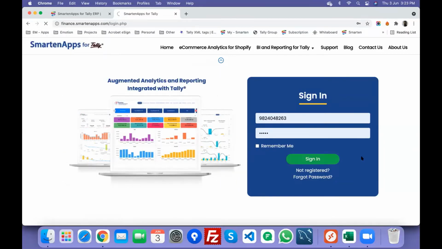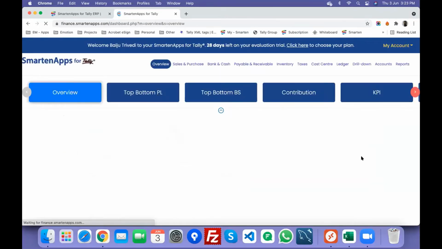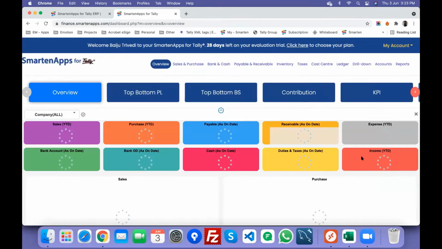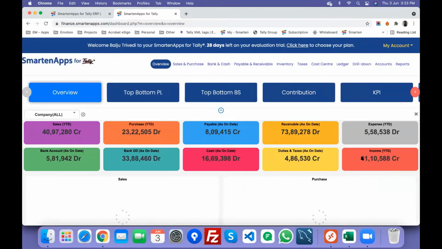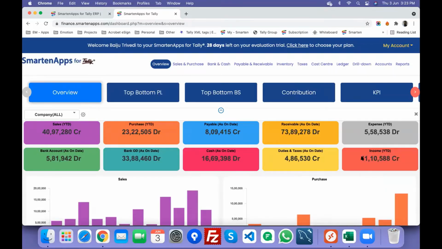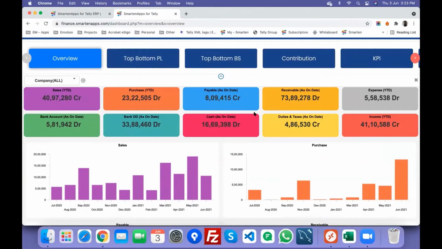You can use the same credentials. Let's say I am on my web now, and you can use the same credentials which you used at the time of registration. For this demo, I'm using another username and password, but you can use the same username and password to access the data.